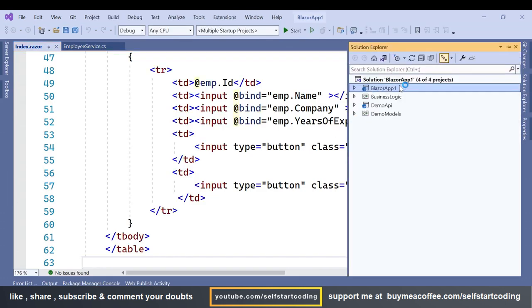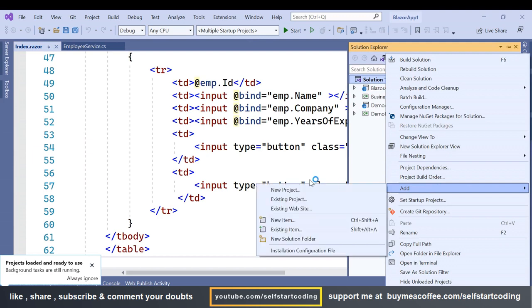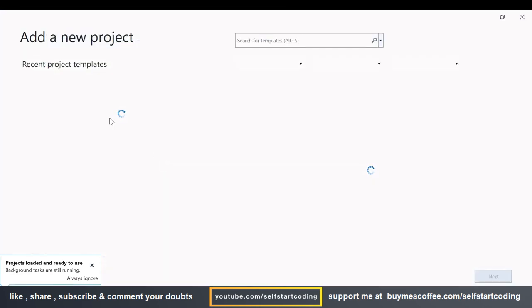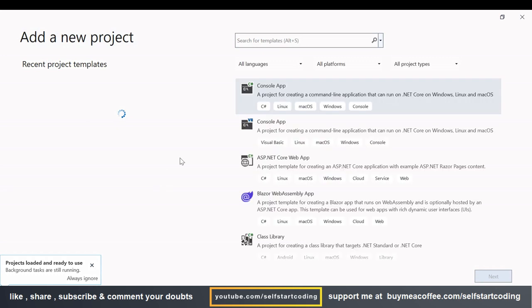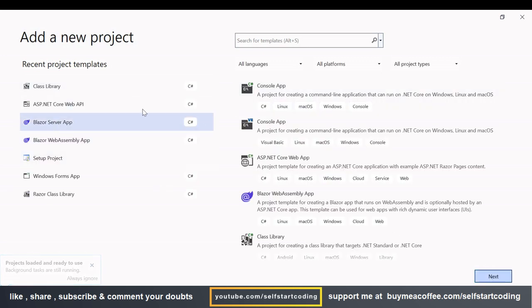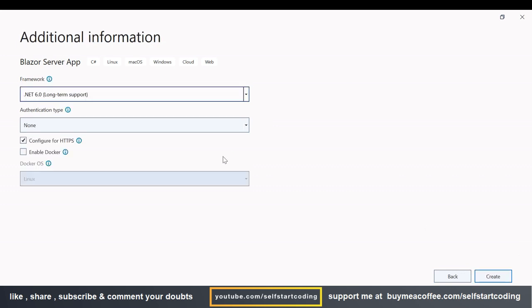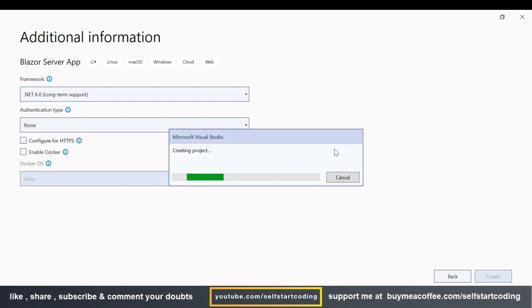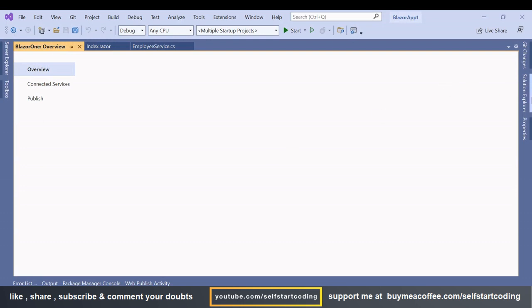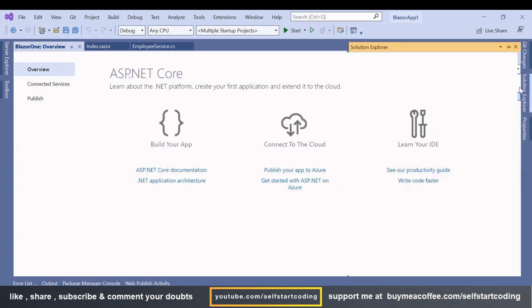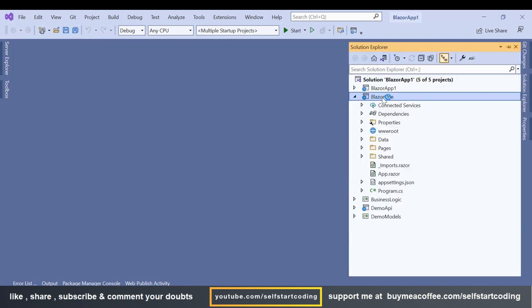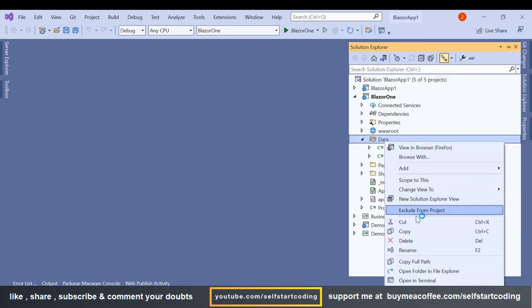Fine. So in this Blazor app 1, we'll add a new project. We'll select Blazor server app. Next. And we'll name it Blazor ONE1, .NET 6 and create. Okay, so here I have the Blazor 1, and I'll set this Blazor 1 as the startup project. Fine. And we'll delete this data,